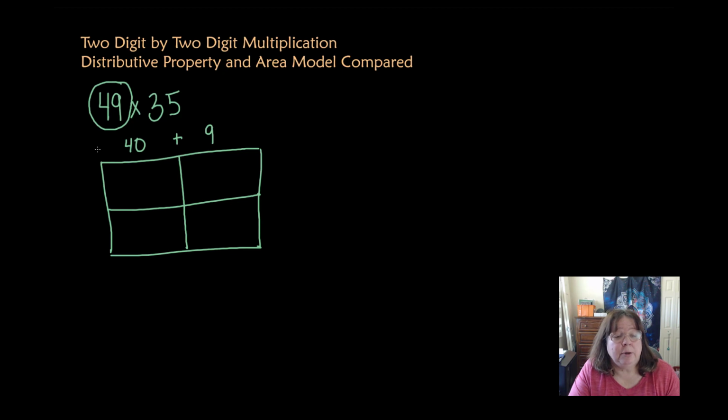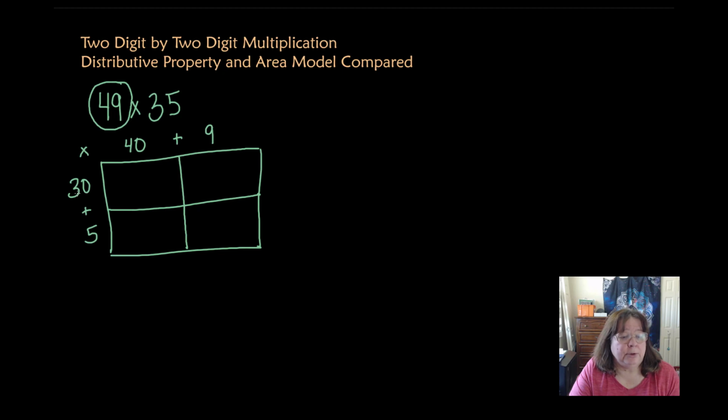Now you could put either number on either side, but I find it's best to just establish a pattern of doing it. That way I do it the same way every time, and that just helps me. And so this one will be 30 plus 5, and we'll have our multiplication here. So in each box we're gonna multiply